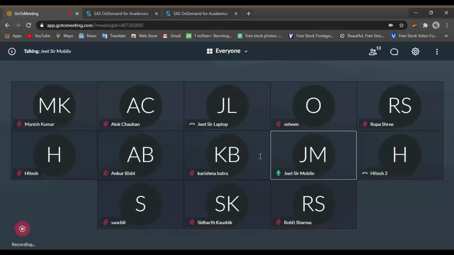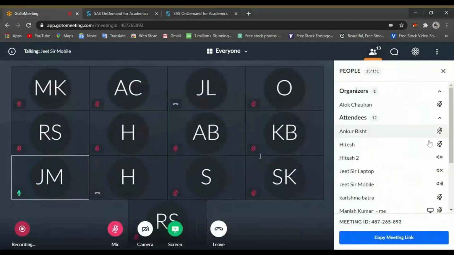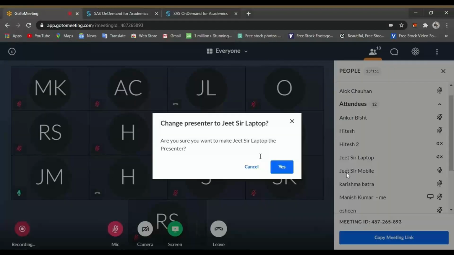There will be three dots, Manish, on top of this window. Where my name is displayed. Yeah, you can make it from here as well. On laptop, just click over here. Yes. Thank you.